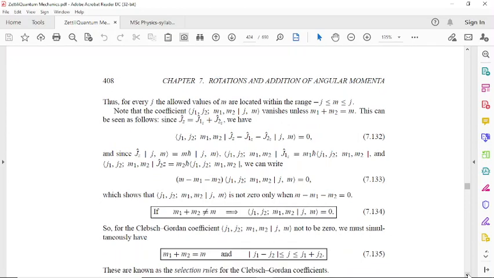If for every j, the allowed values of m are located within the range minus j to j, since J z is a good quantum number, J z |jm> equals m h-cross |jm>, <j1 j2 m1 m2| J1z equals m1 h-cross <j1 j2 m1 m2|, and <j1 j2 m1 m2| J2z equals m2 h-cross <j1 j2 m1 m2|. We can write (m minus m1 minus m2) <j1 j2 m1 m2|jm> equal to 0,